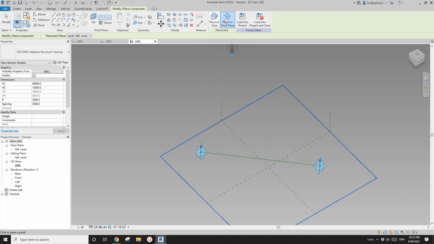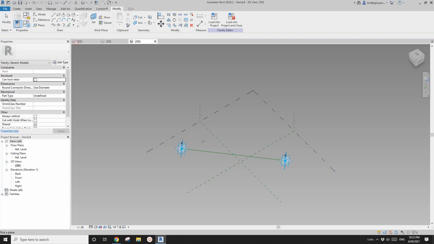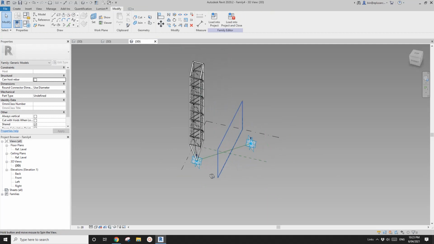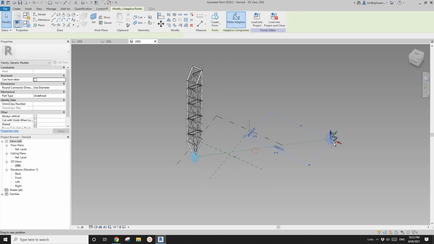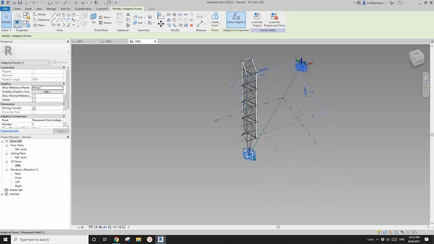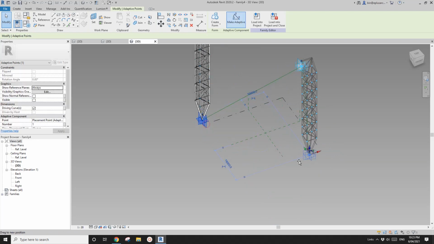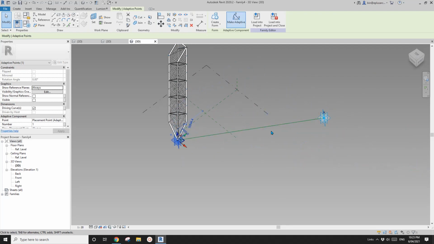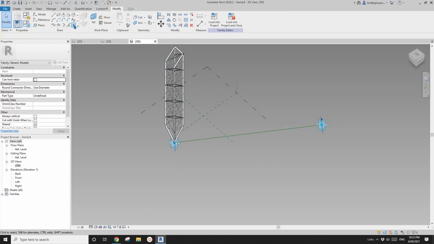If I just place this, for example, on this point, on the work plane of this point, you will notice that we will have an issue, because this is point 1 to 2. This will be the direction of the frame. So imagine that's one column, another one goes that way. But if you look here, the direction of this column is not matching that one. So in order to match the direction of point 1 to point 2, we need to place a point,